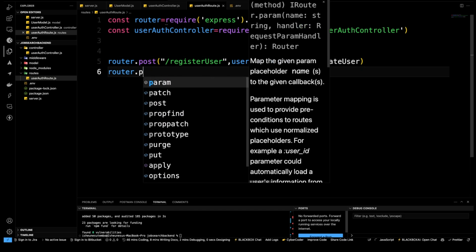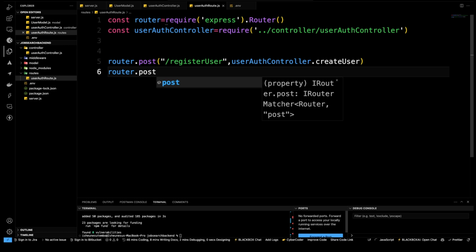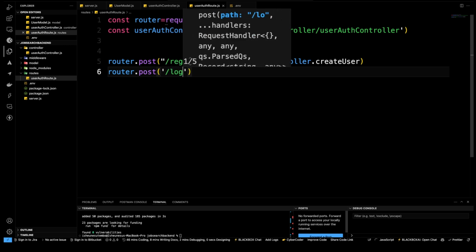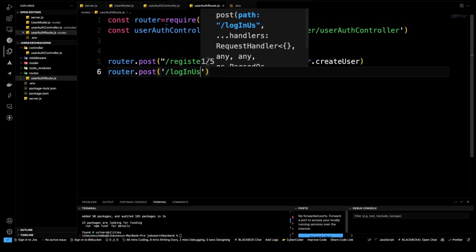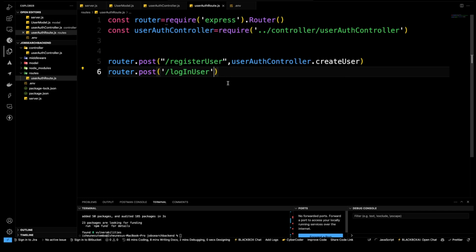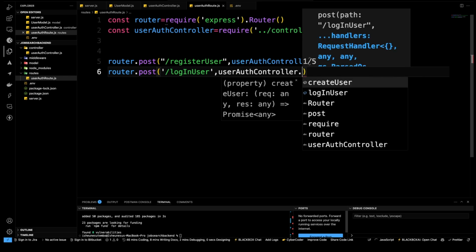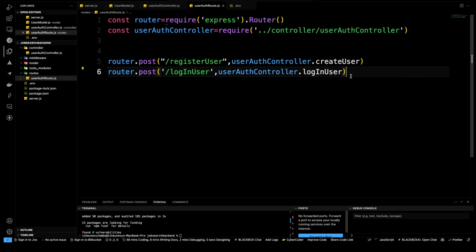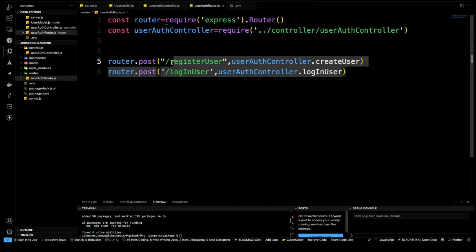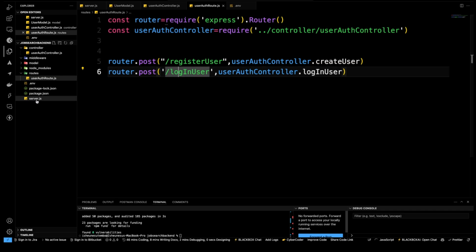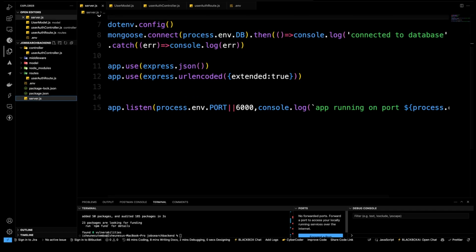Okay, and then router dot post, right? And then we also need login user, right? So we need login user. It's going to be user controller dot login user, right? We are done with our router, right? So the router is always short. So let's move on to our